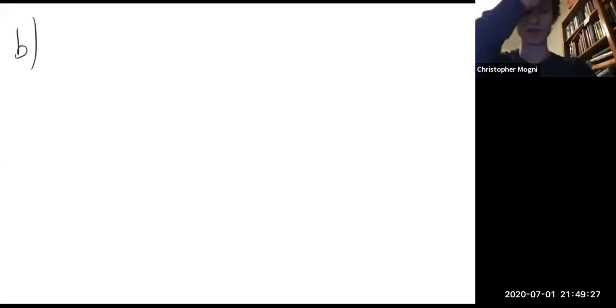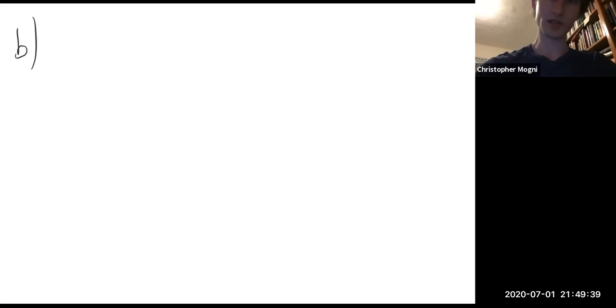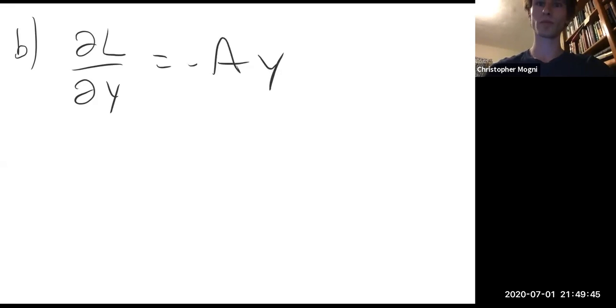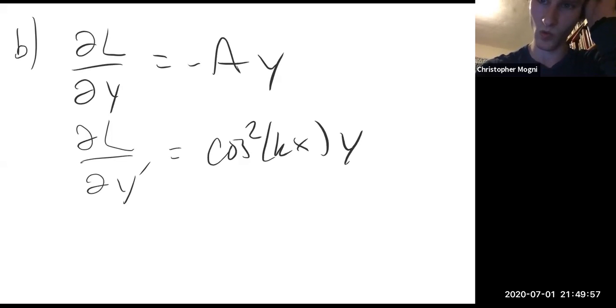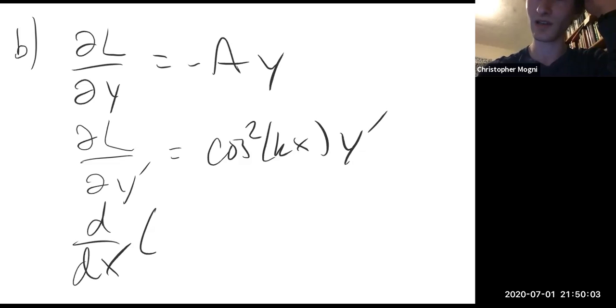Now, solving this differential equation is another story that's much harder because of this term that depends on x. But we're not going to get into that here. We're not actually going to try to seek a solution. What I wanted to do is contrast this with taking a functional derivative where the cosine squared kx is showing up in front of y prime. Cool. So in that case, for equation B, dL/dy is equal to minus a y, and instead dL/dy prime is equal to cosine squared kx y prime, which means that when I take a derivative with respect to x of dL/dy prime,